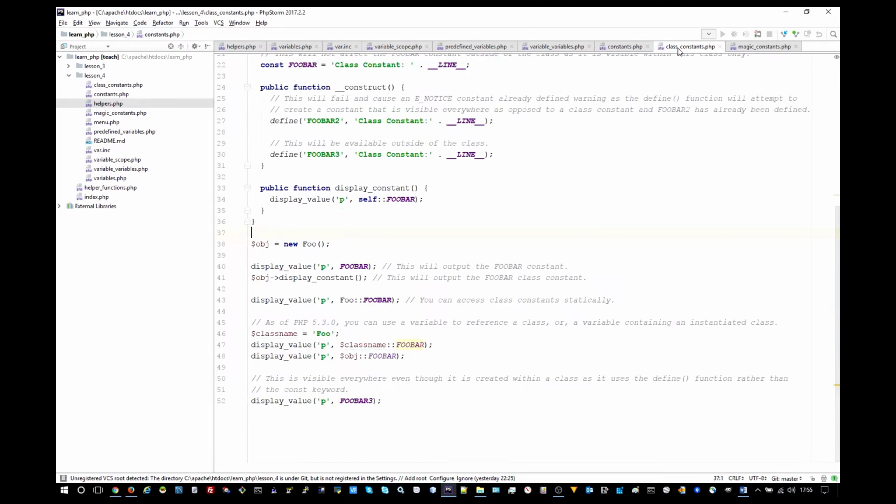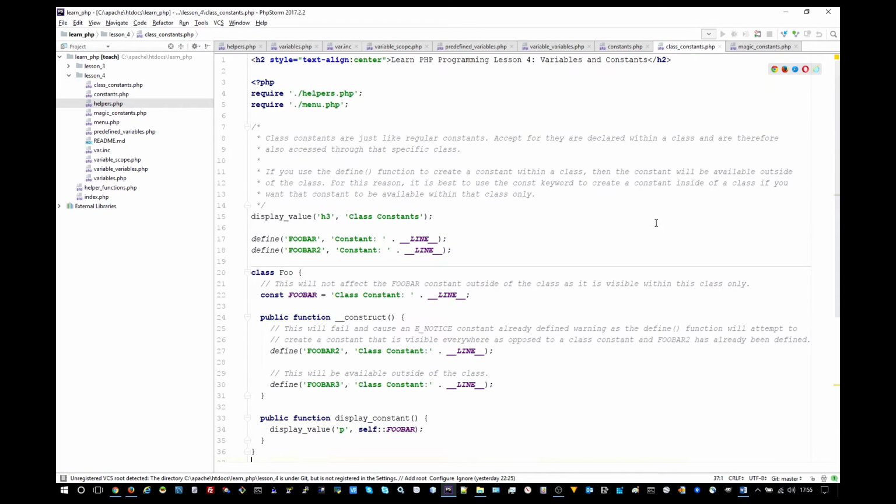Now we're going to talk about class constants. Class constants are just like regular constants, except they are declared within a class and are therefore accessible within that class only, or through that class only. Now within a class you should use the const keyword to create constants, because if you use the define function,